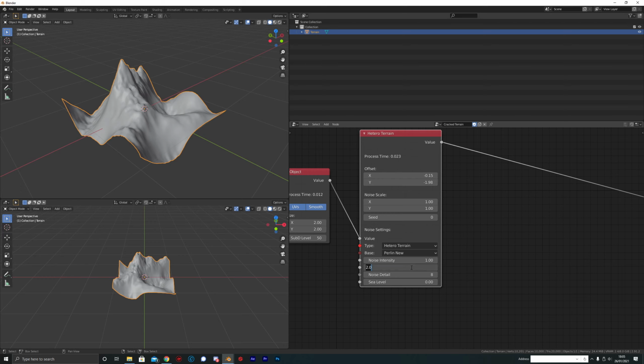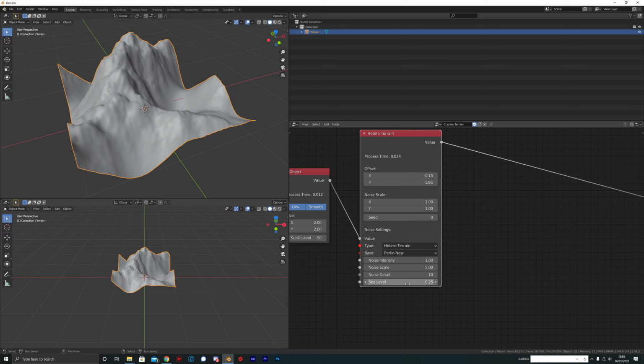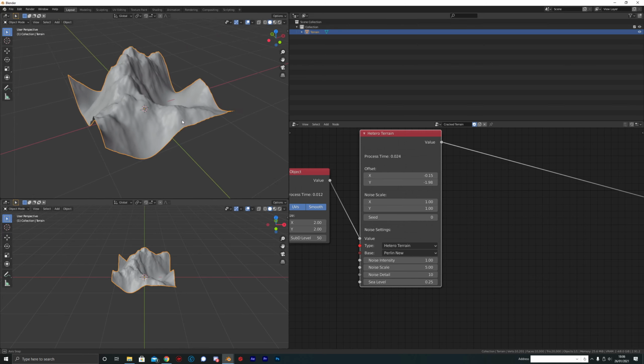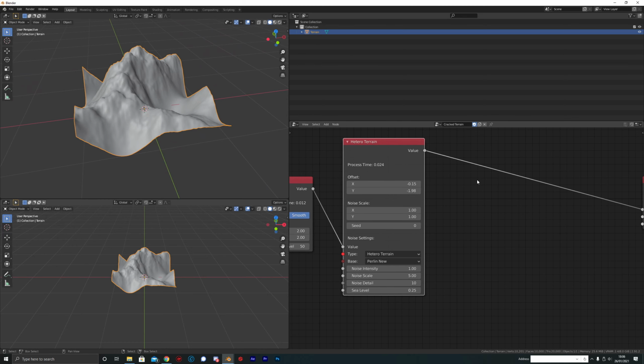I'm probably going to leave the noise scale as it is, because I want to keep this as a base. I want to keep it as hetero terrain and use the Perlin mathematical model. I'm going to change the noise scale to maybe 5 or something, just to break it up. Detail, like 10. We won't see any of this yet because we haven't upped the subdivision level, but I'm going to set the offset to like 0.25 just to lift it a touch, 0.25 above sea level. And then I'm going to